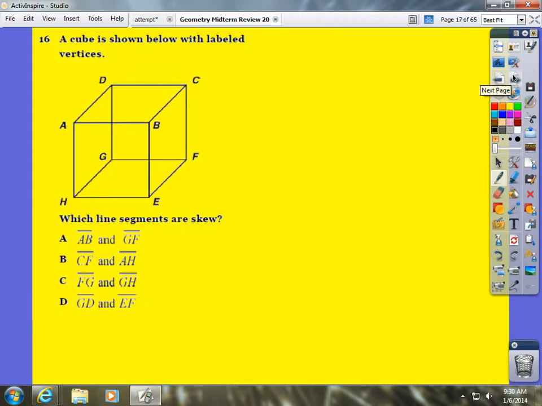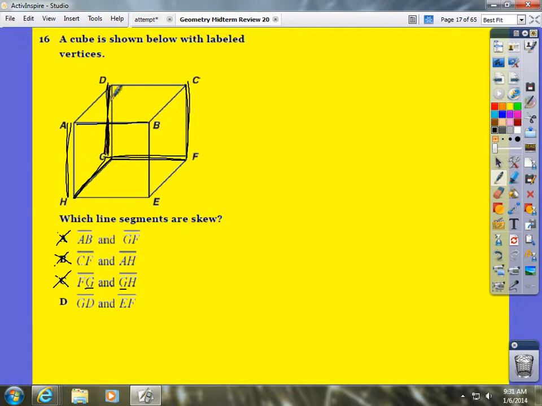Which of the segments are skew? A, B, and GF. This one and this one are actually parallel, so they're not skew. CF and AH are actually parallel too, so they are not skew. FG and GH are not skew because the definition of skew lines is two lines that are not parallel and will never touch, and the fact that they both have G as an intersection means they do touch. So GD, which is this one here,